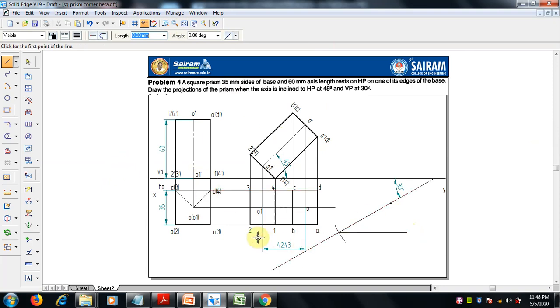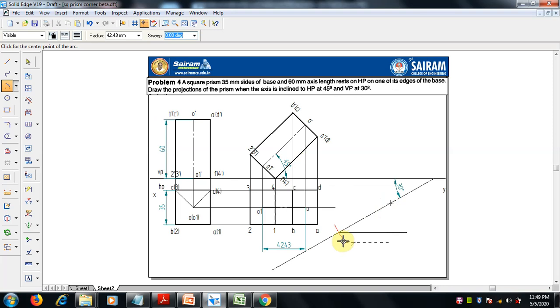And now we need to make another arc of 42.43. So select arc here, 42.43 as the radius, enter, and from the same point where we started this arc.